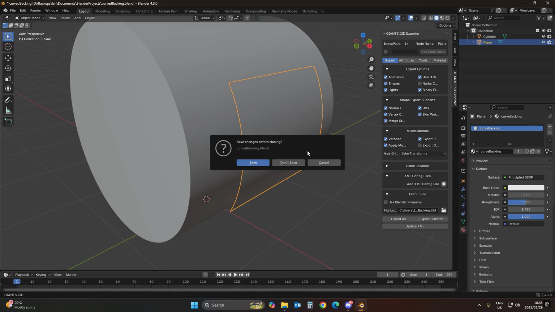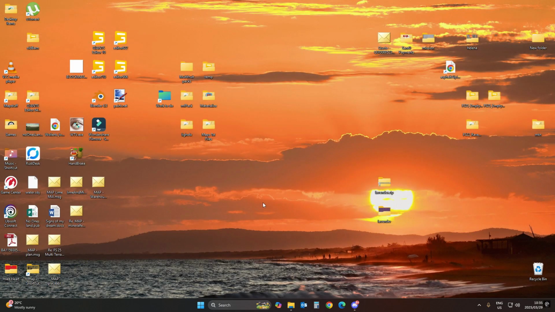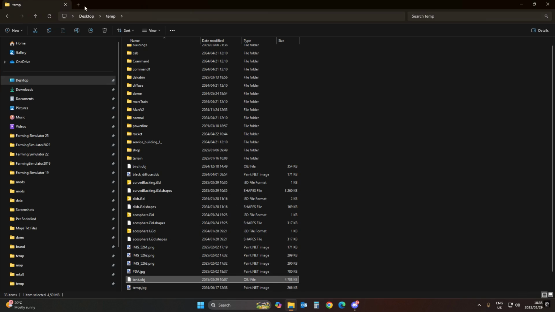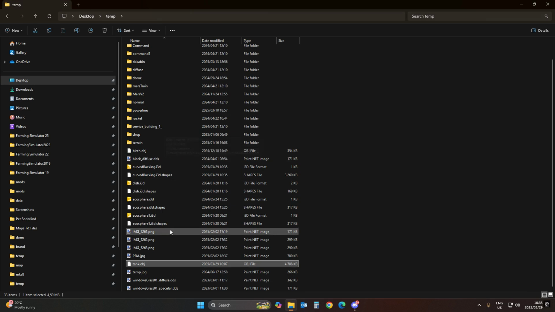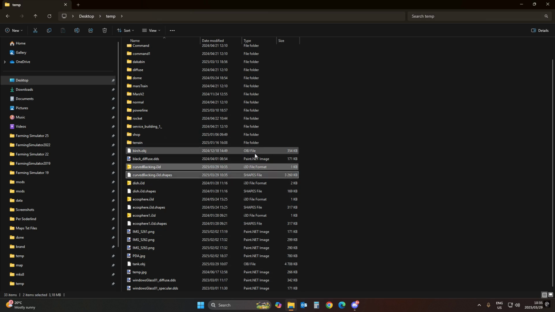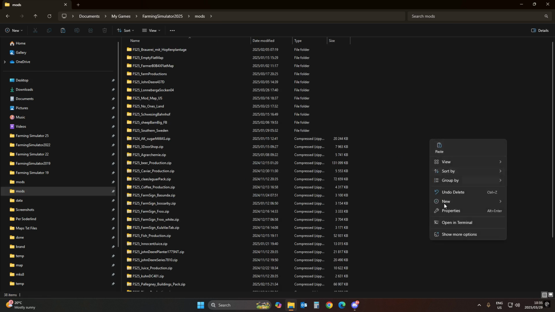All right, I can close this now. I can save it. And now we go into our temp folder. We are already there. And find our curved backing with its shape file. There are 2 files. Cut it, and let's go into our mods folder, and I'm going to right click,